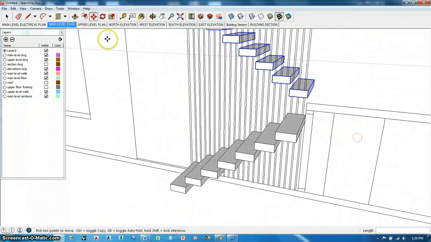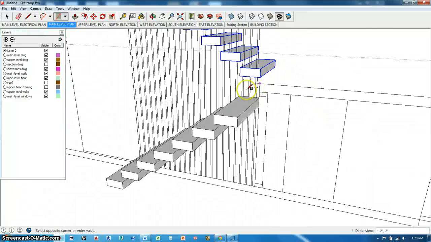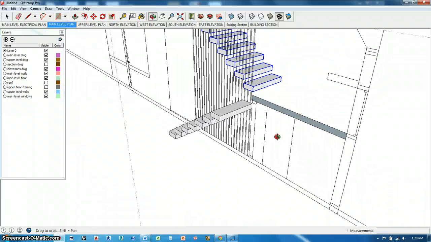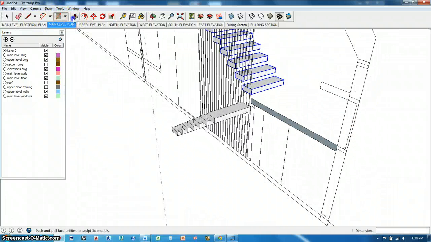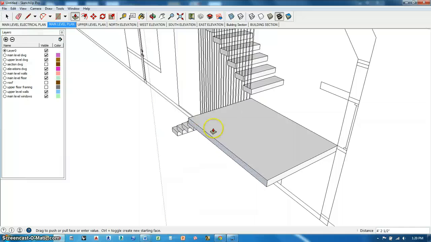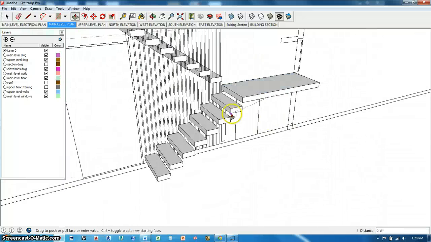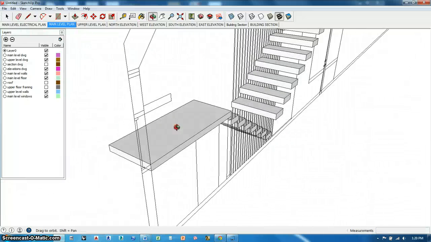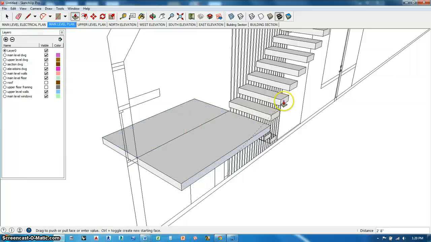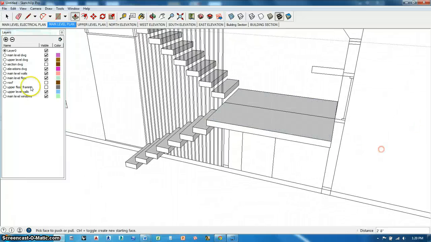And then I'm going to draw the landing as a separate component, like that. And then I'm going to extrude him out to the edge of that stair and out to the edge of that stair